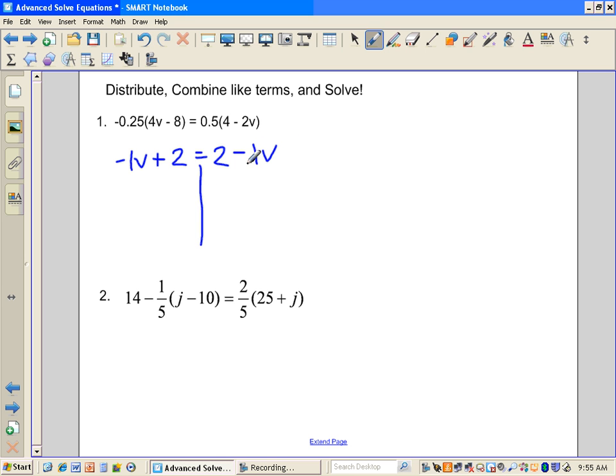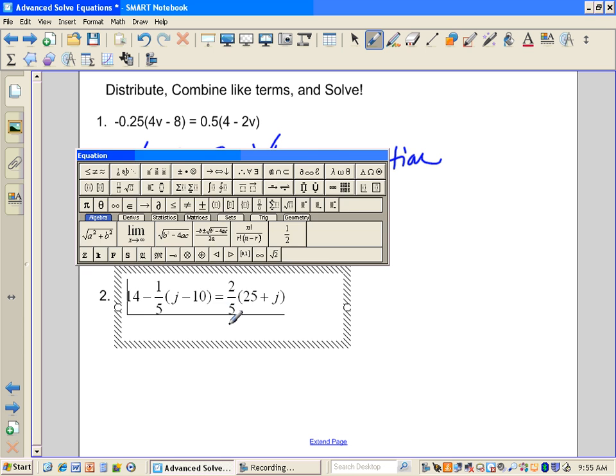Might do this on both sides. If I add 1v on both sides, something interesting happens. The v's cancel here, and they cancel here, and I'm just left with 2 is equal to 2. There's no solution in this case. When the variables cancel each other out, you can just say that there is no solution. So that's an interesting example. If you look at this example down here,